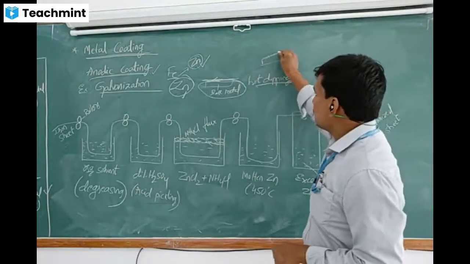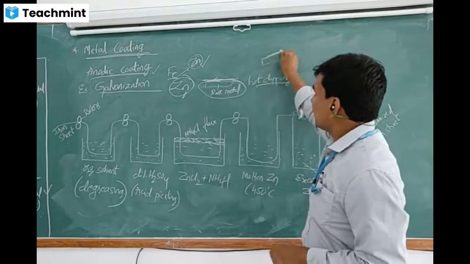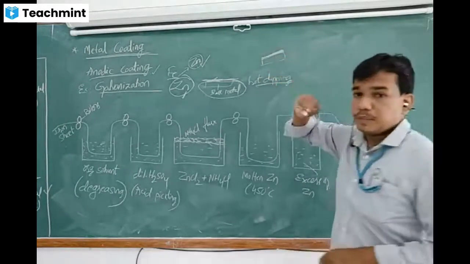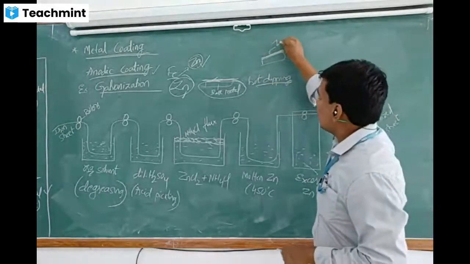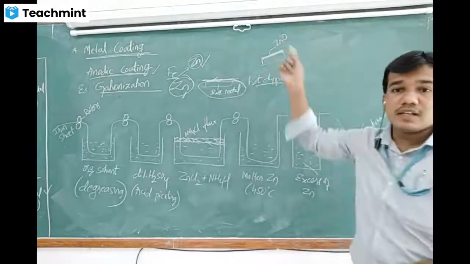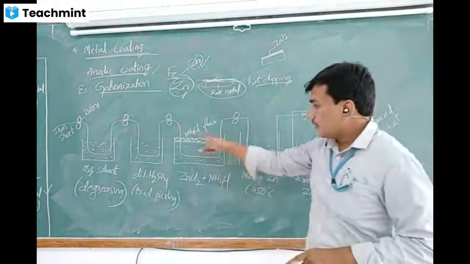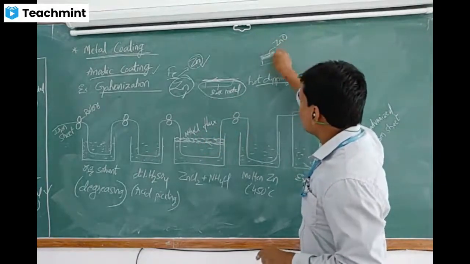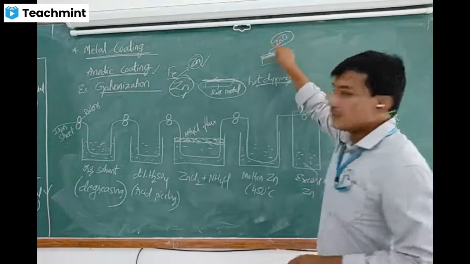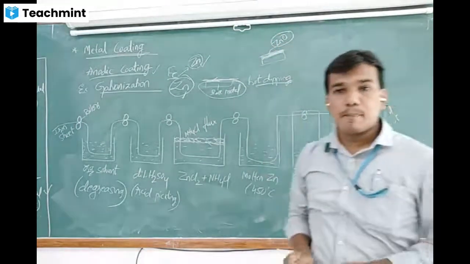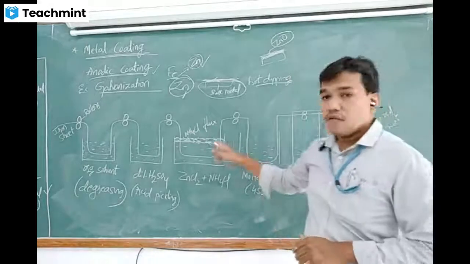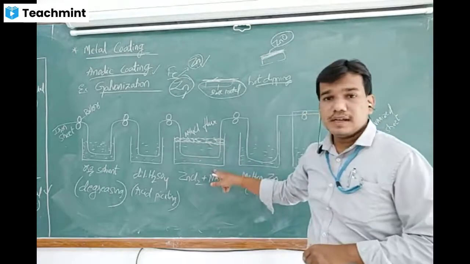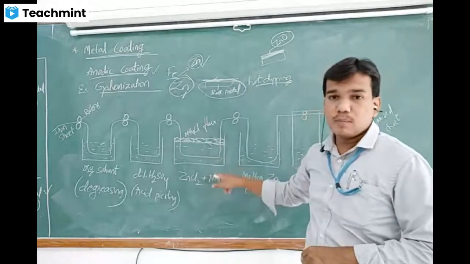On the iron sheet a zinc coating will be there. If we keep it like this only, further oxidation to zinc oxide will take place. If we dip it in ammonium chloride, a thin ammonium chloride layer forms which prevents the further oxidation of the zinc metal. It controls the further oxidation of the zinc metal. So that's why we should dip it in the zinc chloride and ammonium chloride flux.